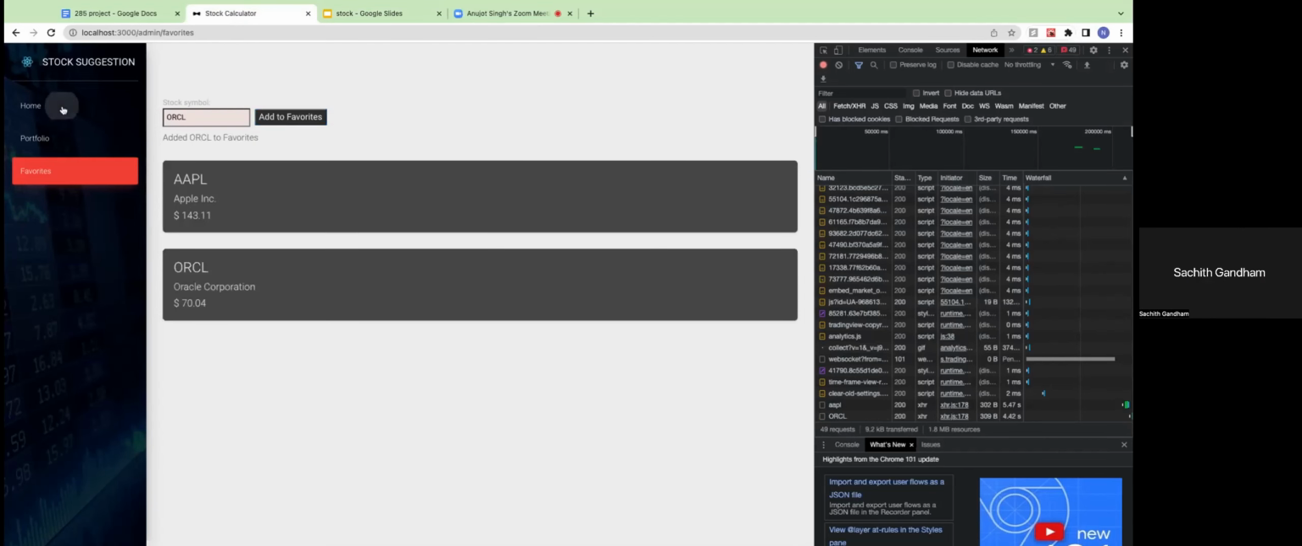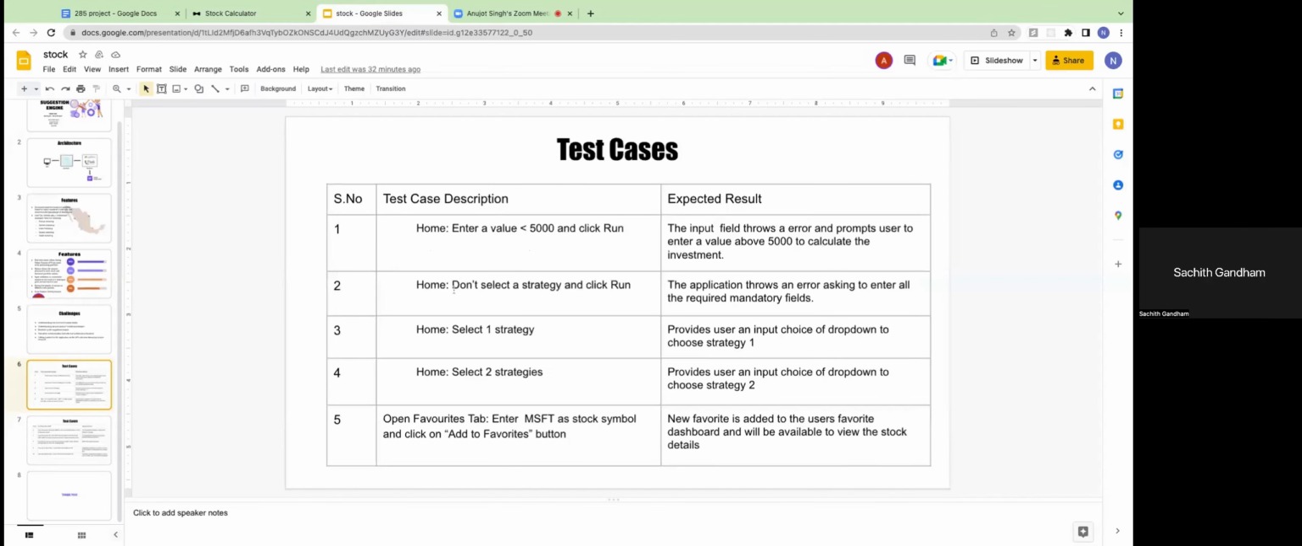So we'll be going on to the test cases. Coming to the first test case, out of the 10 test cases that we have written to test this application, we'll start off with the first one, which is to enter the values in our